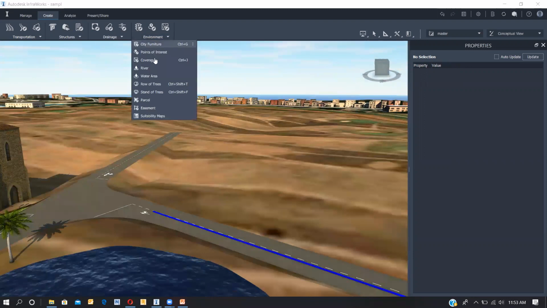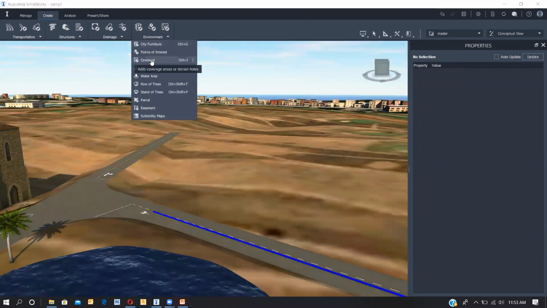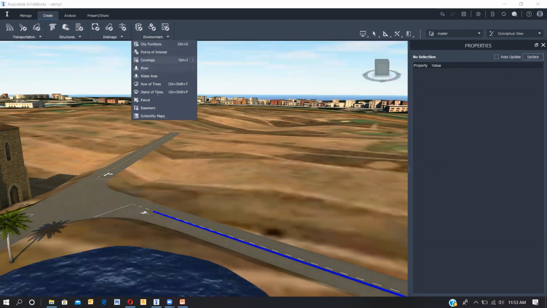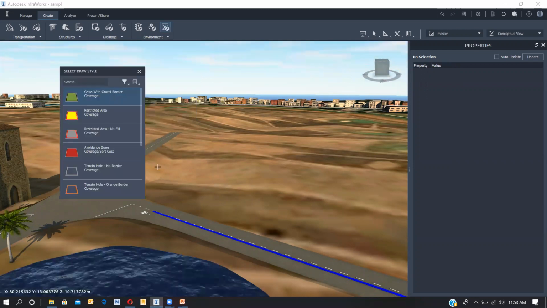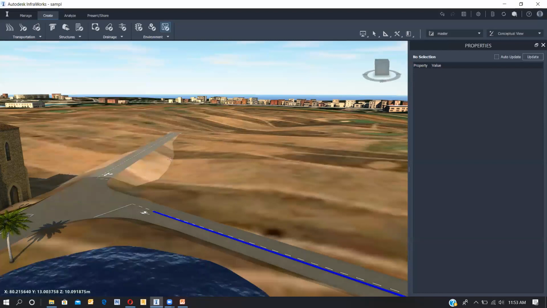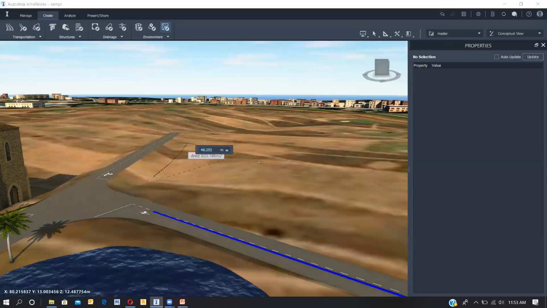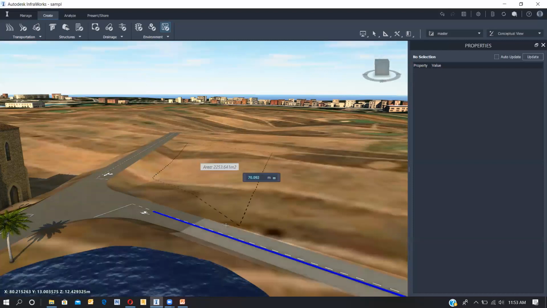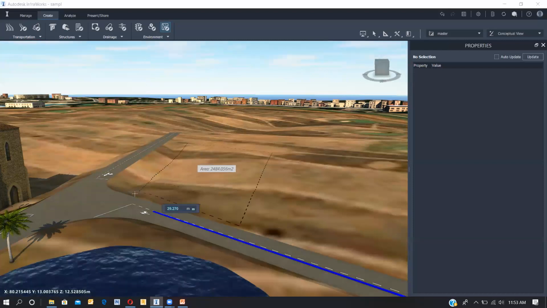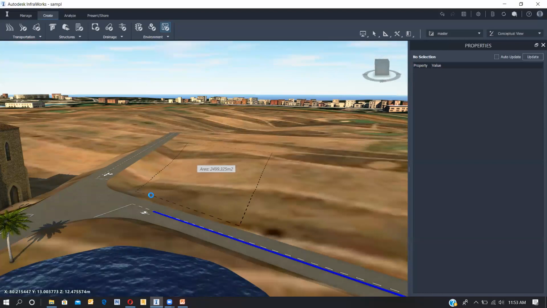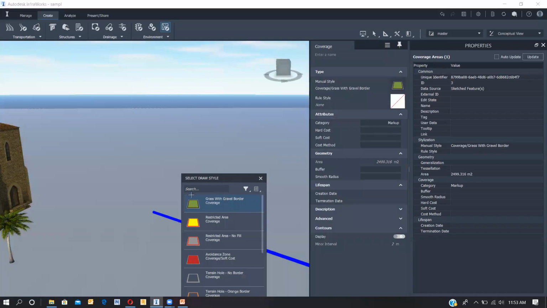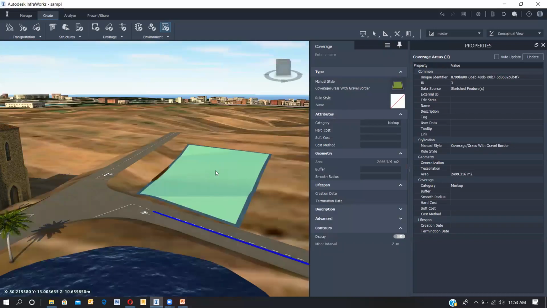Environment, yes. Like I'm going to cover this area. Can you see a greenery has been published over here?